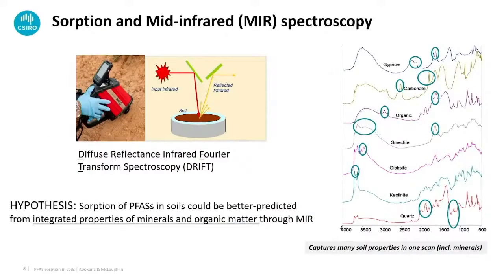Because there's so many processes involved in the retention of these, we thought mid-infrared spectroscopy is a really good way to get a very quick snapshot of major soil properties. So it measures organic carbon, not just the content, but the type. It measures not just clay content, but the type of clay. And it's very useful. Within 60 seconds, you get a scan of the soil and you can correlate various properties